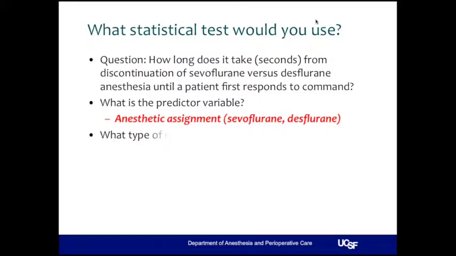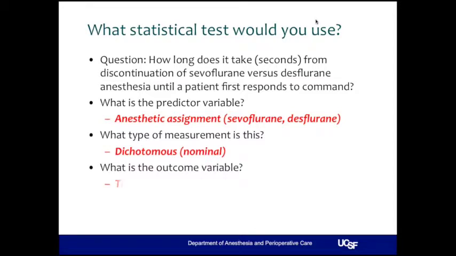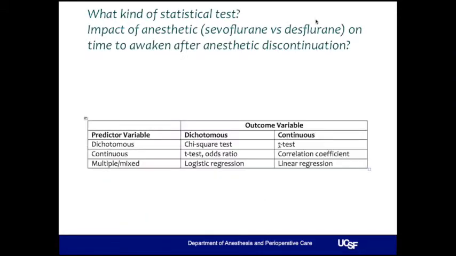So the predictor variable is what? It's going to be the anesthetic given. It's going to be sevoflurane or desflurane. So that's going to be a dichotomous predictor, and it's a nominal dichotomous predictor. What's your outcome variable? Well, that's going to be time, and time in seconds is going to be a continuous